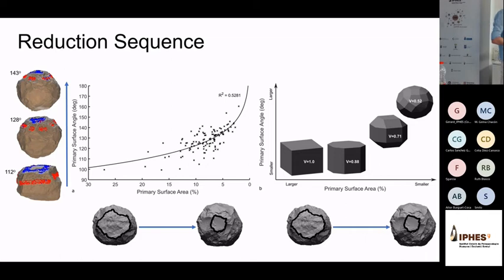We can also model this geometrically to help us understand perhaps how these are being made. If we look at the same relationship here, it shows us that this primary surface is removed very early in the sequence, creating a 90-degree angle and a very large primary surface, which, if we approximate it like a cube, is a sixth of the total surface area, which is about what we see from our model. And then flakes are removed around the outside orthogonally from that primary surface, which reduces the surface area of the primary surface, but the angle is still 90 degrees, like we see in both of these plots. And then eventually they start removing some corners, and this starts to increase the edge angle and decrease still the primary surface area. And then as it gets closer to being spherical, the same thing happens. Higher angle, smaller